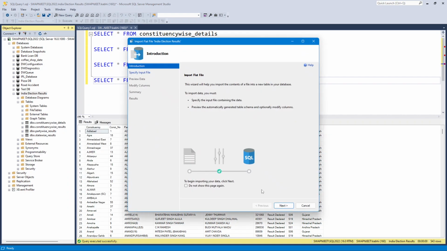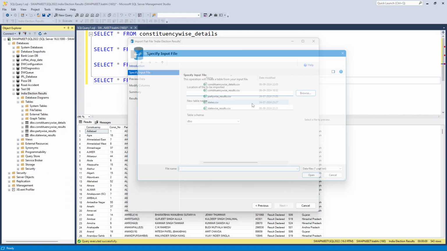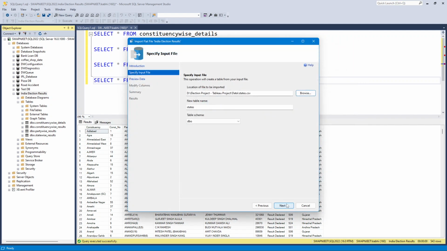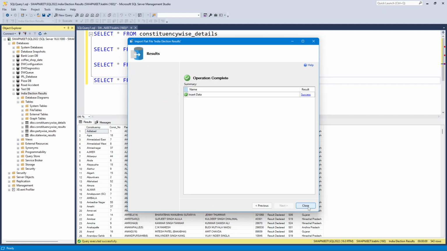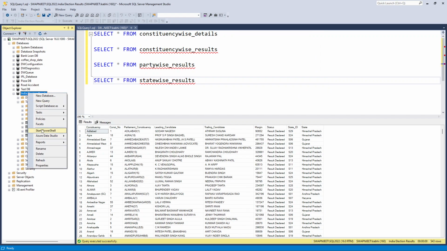Tasks, import flat file. Next, browse, and I will import the states. Next, keep everything as it is. State ID is primary key for us, and here instead of var you will choose varchar 100. Similarly here also we will use varchar 100, right? Next, finish, close, refresh,